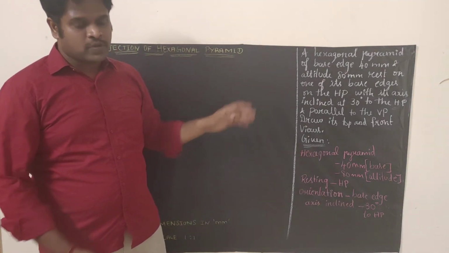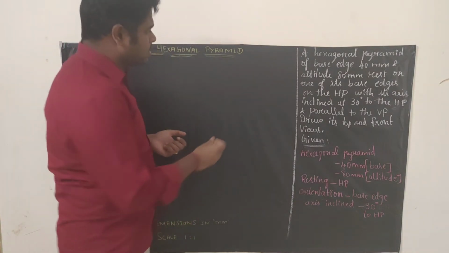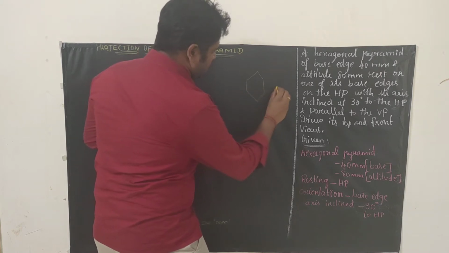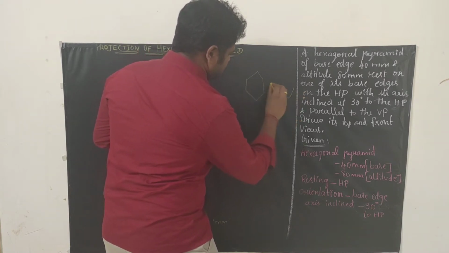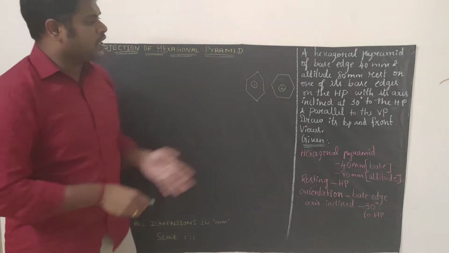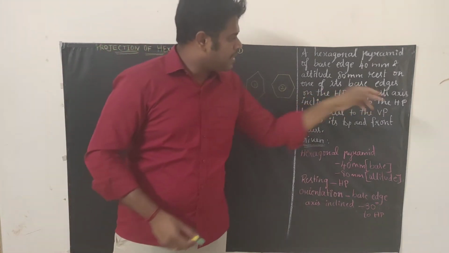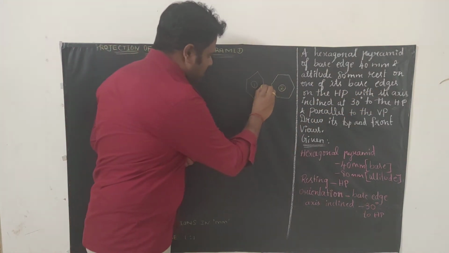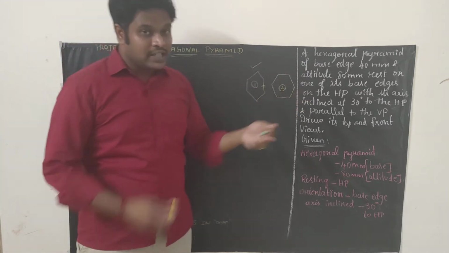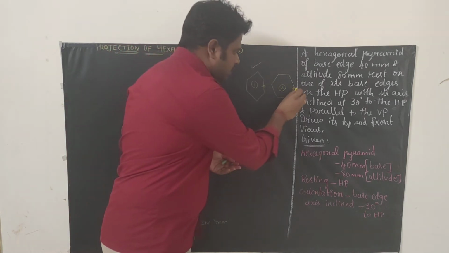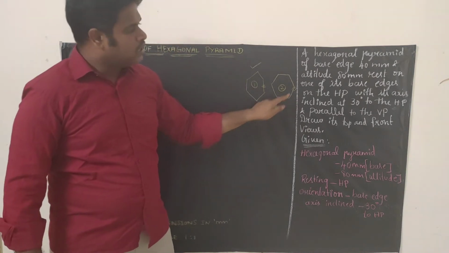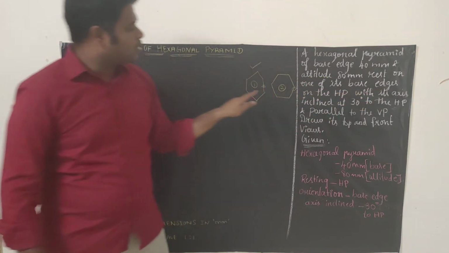So the problem which we are going to solve. See, hexagon means you will get some doubts, like there are two types of hexagon. One you can draw like this, another you can draw like this. Two types of hexagon we can draw. So in our question, what kind of hexagon are we going to draw? They have clearly given base edges. Base edge means this is the base edge, so we will go with this hexagon. So the first hexagon only we are going to draw. If in case they give a base corner, we will go with the second one. If they give a base corner, you have to draw the second hexagon. Since they give the base edges, we are going to draw the first hexagon.